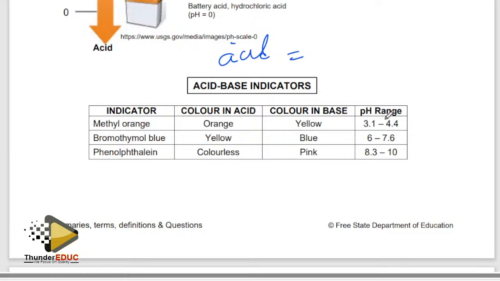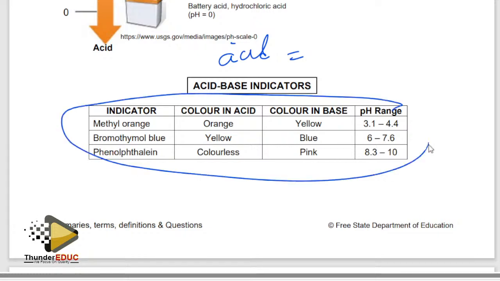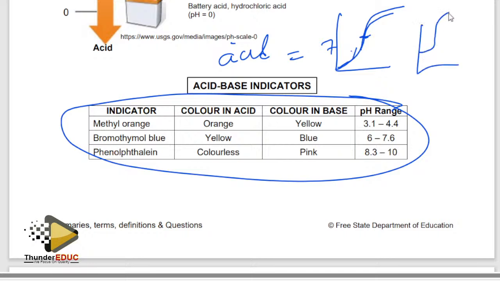Yes. The pH indicator is also good to know, but you also need to know the shape of the graph. If this is 7, then if the curve starts from there and ends there, it means this is a strong acid, strong base. When it goes like this, it means it's a weak acid, strong base. You see, if this is the pH. And then when it comes like this,